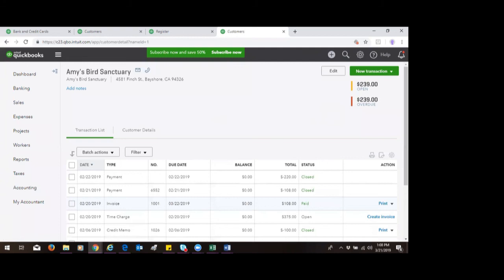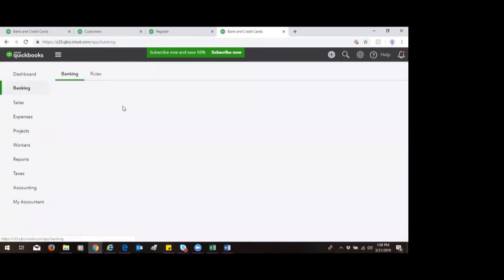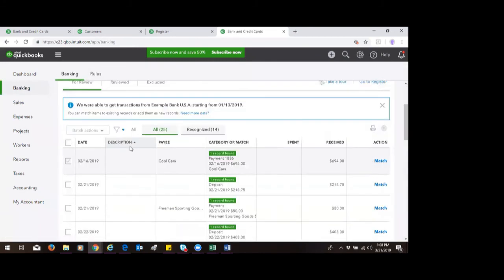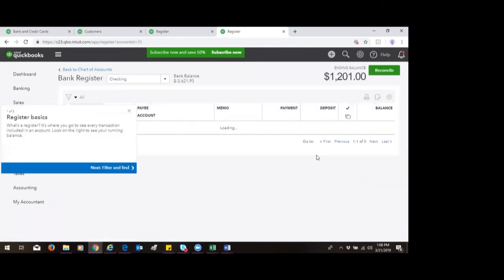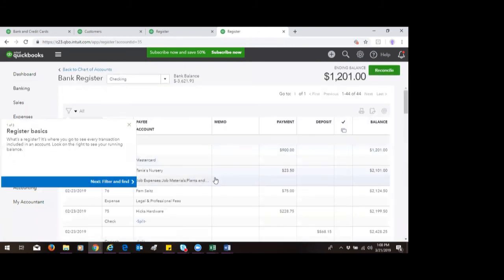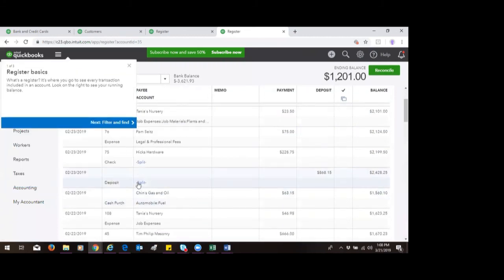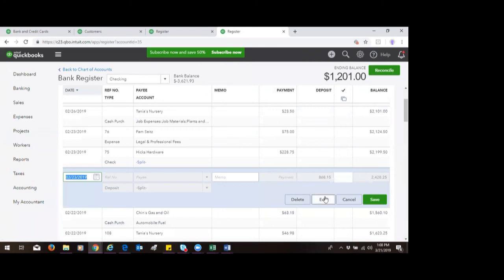Okay. So one of the questions I have here is, I made a deposit, but I made it to the wrong account. How can I fix that? Very easy. You go to your register. Make sure you're in the checking account. You go to the register. It's a simple matter, and this does happen because sometimes you're in a hurry to do it. You don't realize that you don't have the correct account listed. So you go to your deposit, click edit,